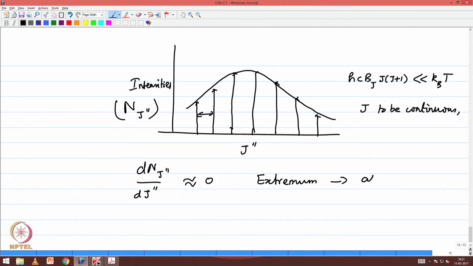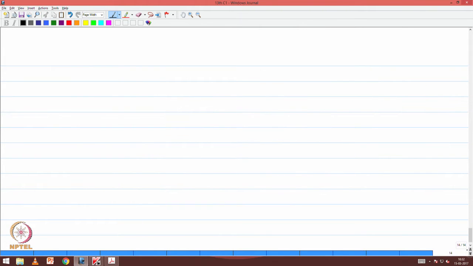Please remember, this is approximate. After all, J is not a continuous number, J is a discrete quantum number. Therefore, when we say we are basically taking the derivatives, in a sense differentials, to be 0, it is an approximate procedure, and that is easy to immediately calculate for this process, namely if N_J double prime is